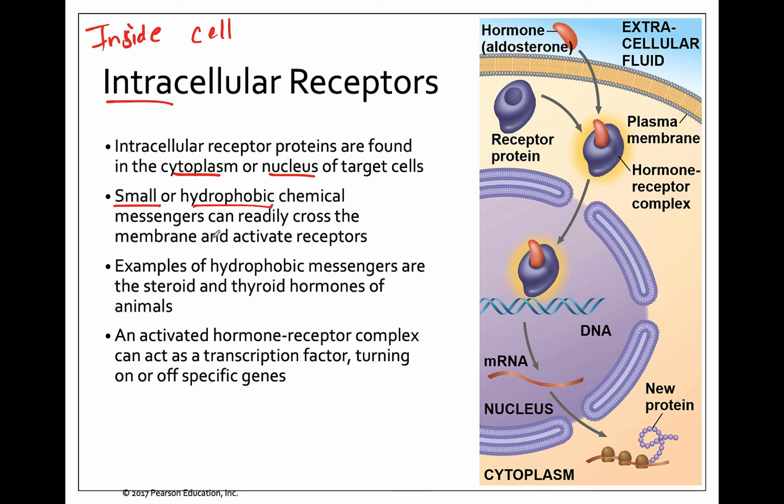just using simple diffusion. So in this example, we've got aldosterone, which is a steroid hormone, very similar to testosterone or estrogen in shape. And because it's a steroid, it is nonpolar, and thus it is easily able to pass that plasma membrane. It's not very large in particular. And then what happens is it's able to find its receptor protein inside of the cell, which is going to go ahead and trigger some kind of cellular response, in this case, turning on a gene to eventually make some